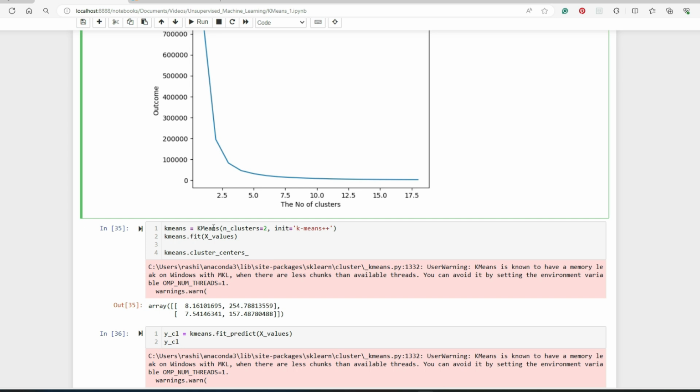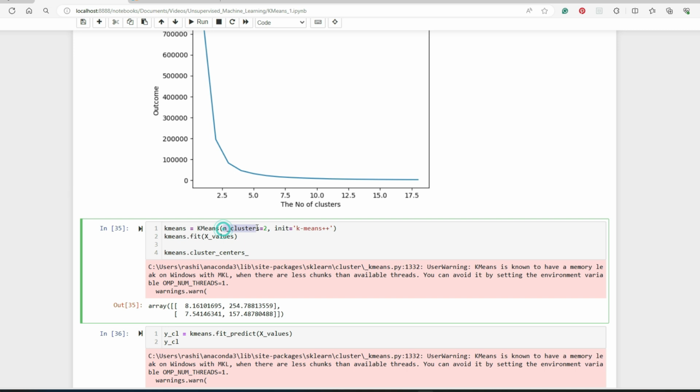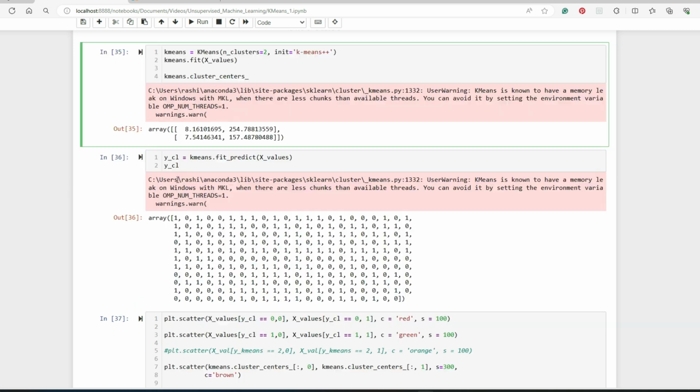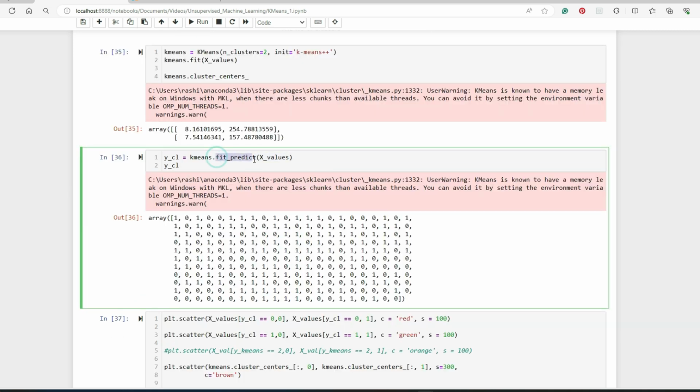Let's see. So this time, as we already figured out the number of clusters, in k-means you put the properties: number of clusters 2, and we are using k-means plus plus to find the initial centroids. Feed the x values, and then you can find the cluster centers. And then you can use the fit_predict function to get the labels 0 or 1.